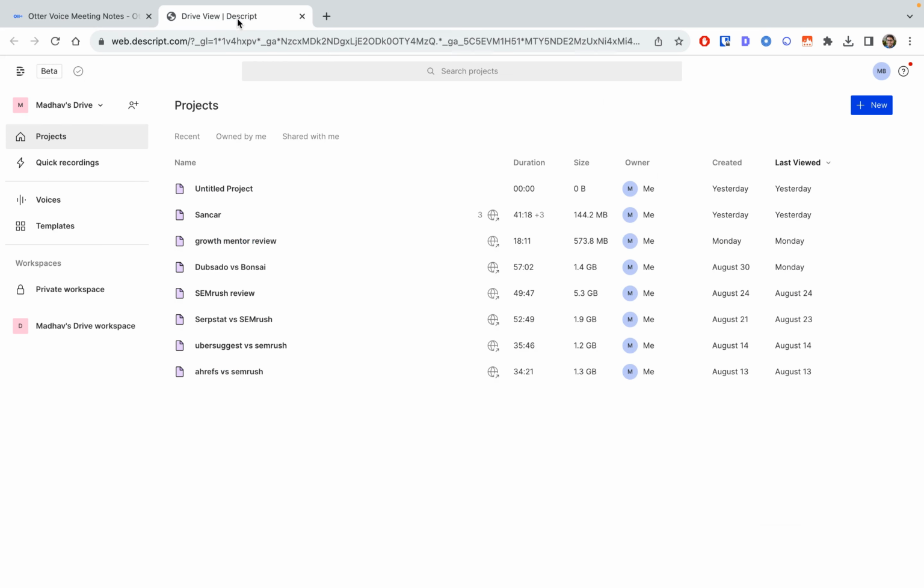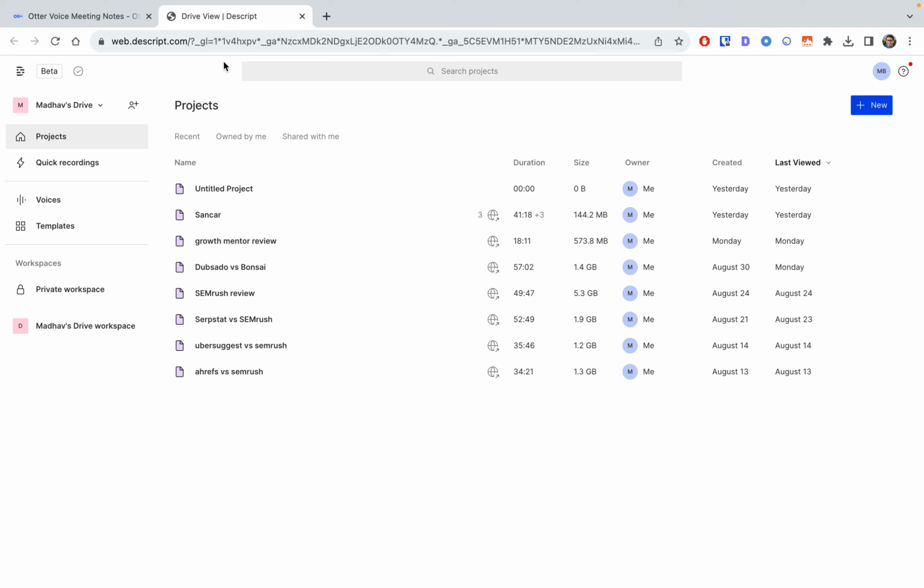While Descript is more for if you're a creator and you want to edit video content by just removing transcription text, and it automatically cuts out the video. So it makes video editing really simple. Like a beginner could start using it within 10 minutes. It helps you create better video and audio content, it helps you create snippets of it, it helps you create edited versions of it. So it's completely different. Descript is built for video editors and creators and marketing teams investing in video and audio